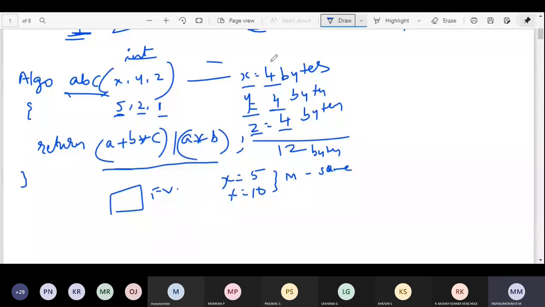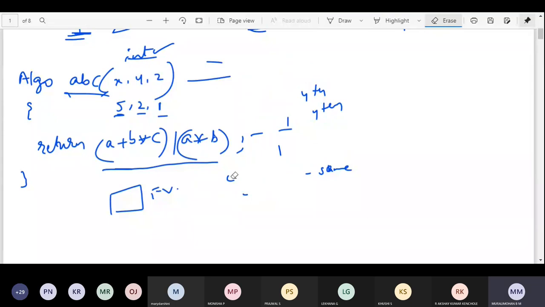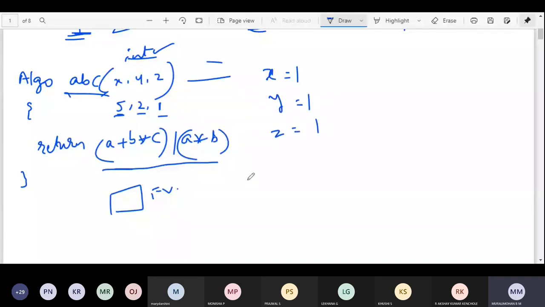Okay. So don't confuse. I am taking these 4 bytes assuming that these x, y, z are integers. If you are confused, we can take it as x takes 1 unit of memory, similarly y takes 1 unit of memory and z takes 1 unit of memory, right?